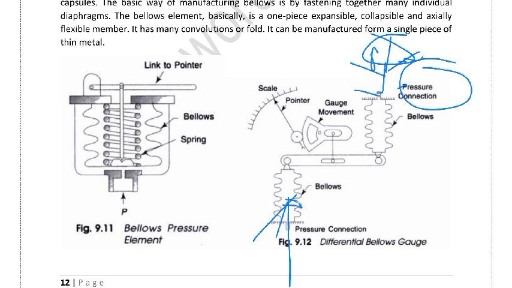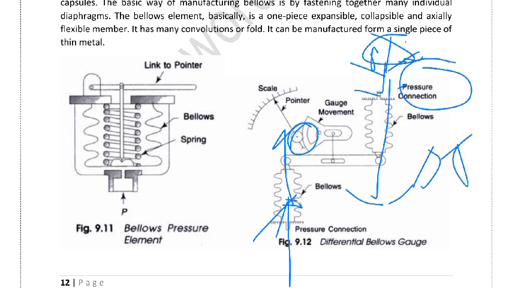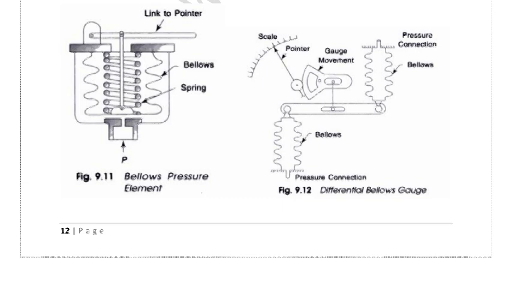Suppose more pressure is here, this will move like this. If more pressure is here, it will want to move like this. So based on this deflection,